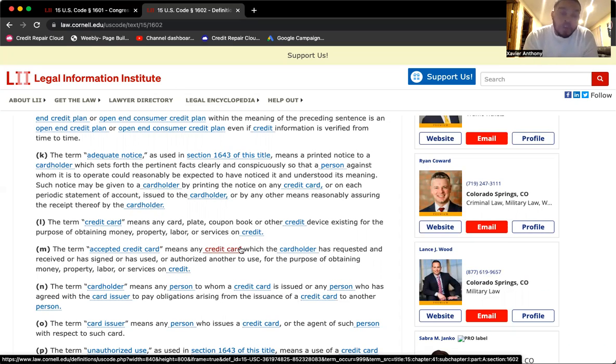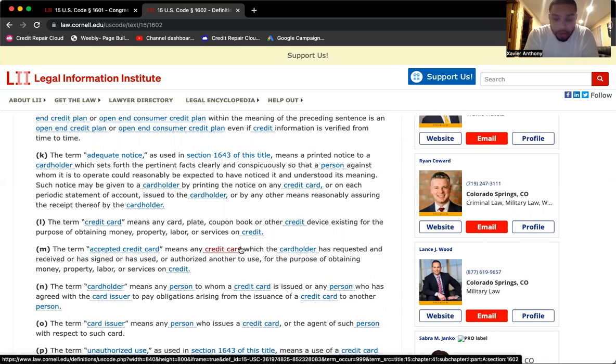The term credit card means any card, plate, coupon book, or other credit device existing for the purpose of obtaining money, property, labor, or services on credit. So, what do you use in order to obtain money, property, labor, or services on credit? That fits into one of those categories: card, plate, coupon book, or other credit device,